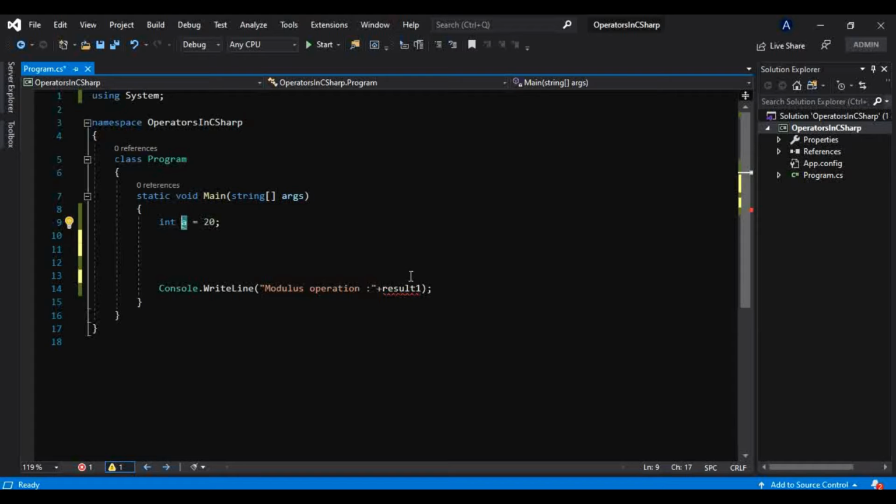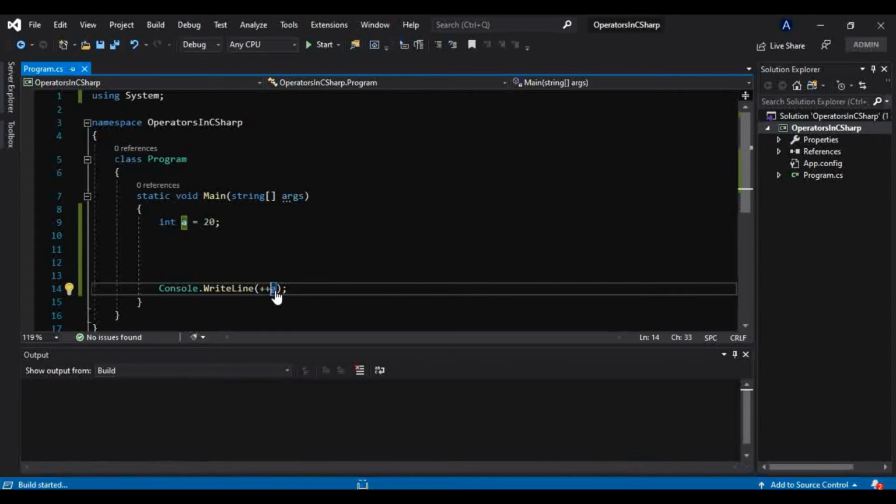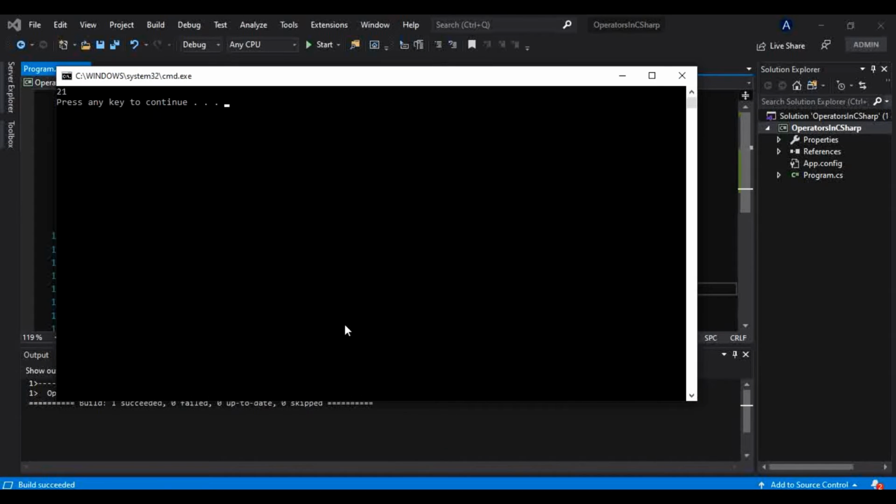And now I will print this a onto the console, but something like this: plus plus a, before this and not after. Now I will run this, and it will give us a result, that is 21.